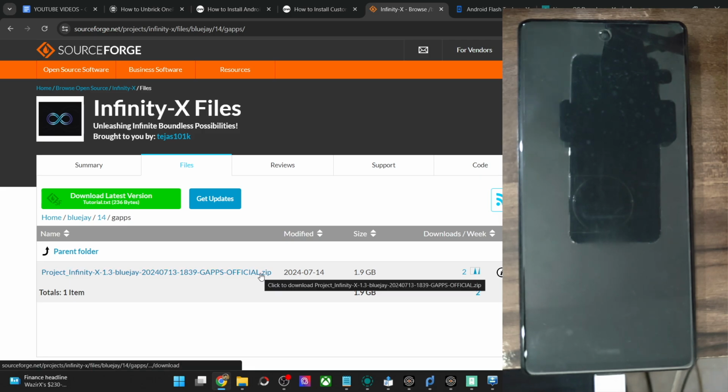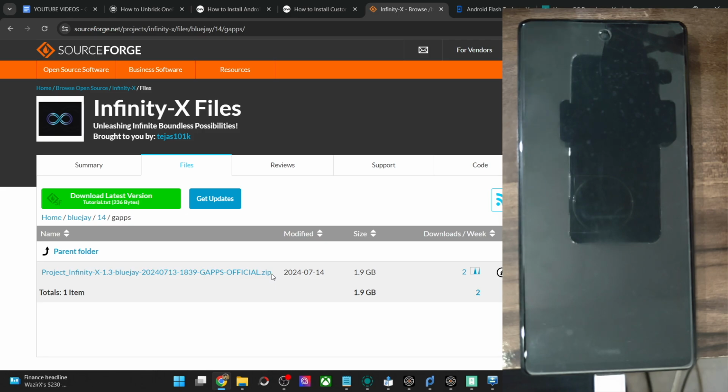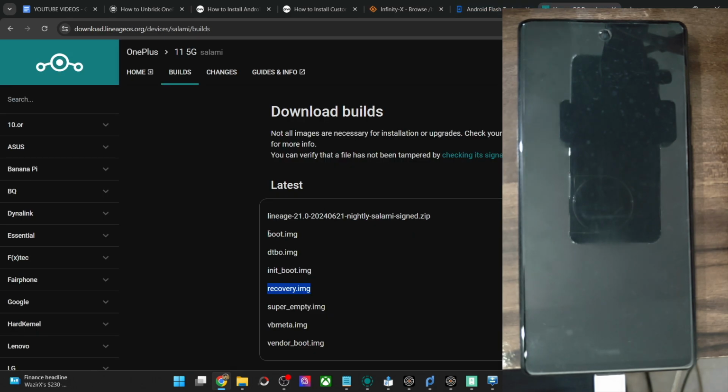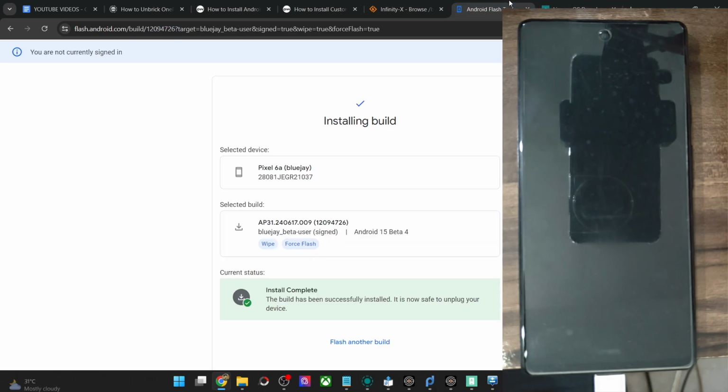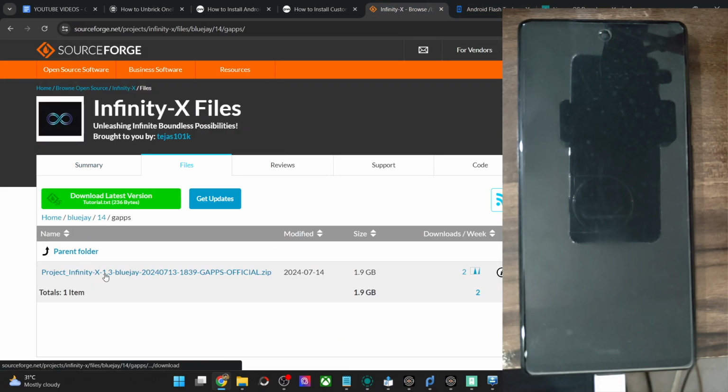Again, I'm repeating, if your phone has a custom recovery, then simply flash the ROM via that custom recovery. This is only for those phones that just have one single zip file and don't have any custom recovery whatsoever, such as the Pixel phone. In case your ROM has IMG files as well, then you can easily flash those files. But in some cases, there is no IMG file and likewise there is no custom recovery. On those phones, this video will come in handy.